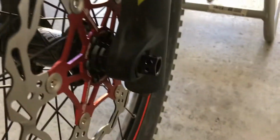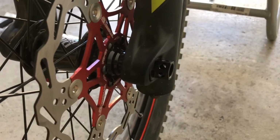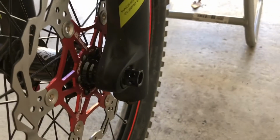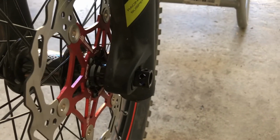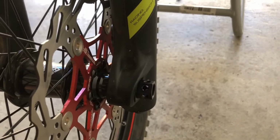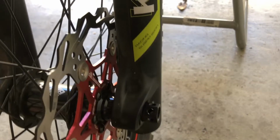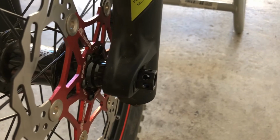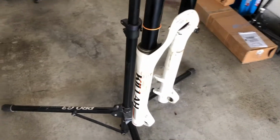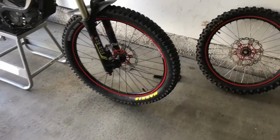It looks pretty cool. I really don't care for this design that much. Looks like it could snag a bit more on stuff. I do like the flush one of the original one, and the picture on the Reese Racing website showed the original one. So I mean, I don't really care. It's just nice having extra, and if I do sell this fork, it'll go along with it. So, other than that,